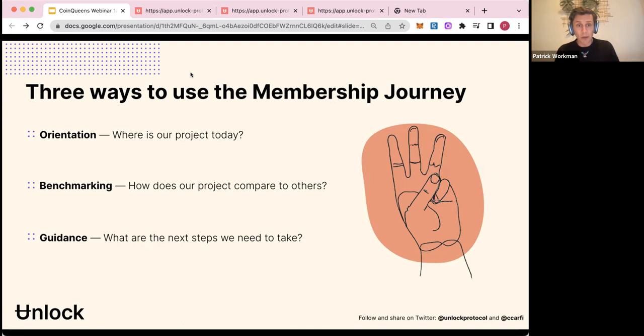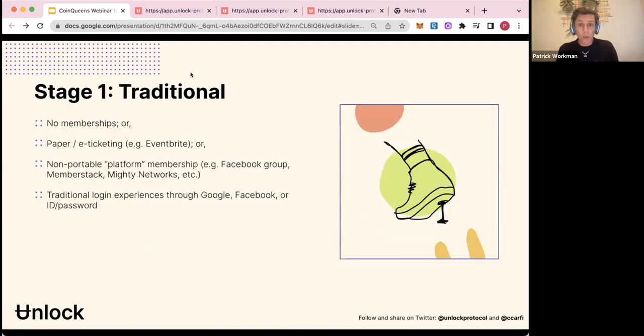I'm going to briefly touch on each one of these stages. Stage one would be pretty much where everyone is, doing nothing on blockchains, or maybe not even having a membership in general. Maybe you have a Facebook page, maybe you have a website where you're using a single sign-on with Google or Facebook. You have an email database of a lot of people. You're sending out a newsletter, but that's really it. Maybe you're crypto curious, and obviously, if you're on this call, you're either crypto curious or crypto native, because otherwise, why would you be here? But you don't really know where this is going to go next.